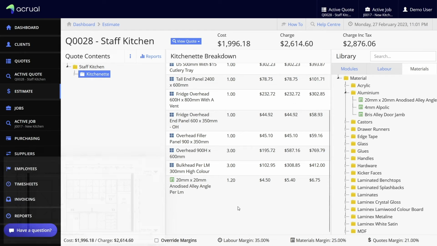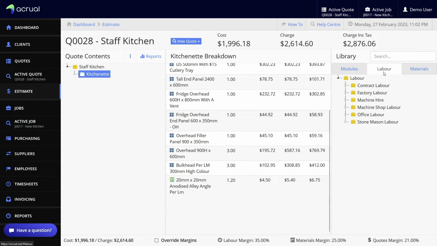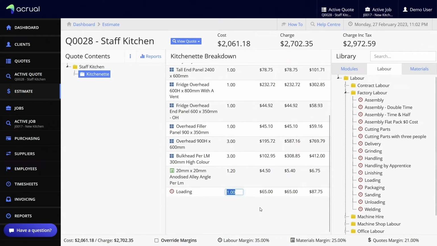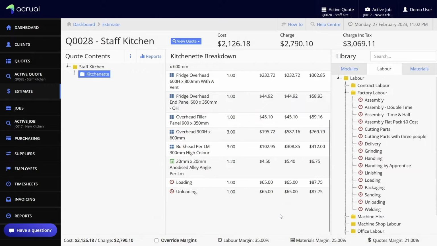And then now we need to add the labor in. So we need to add our loading and unloading. So I'm just going to go to factory labor and loading. So we'll just allow for an hour of that. And then unloading, go an hour as well. Delivery,